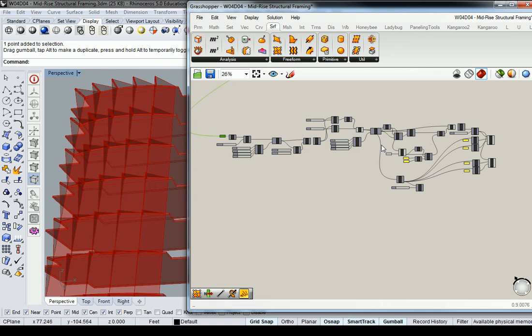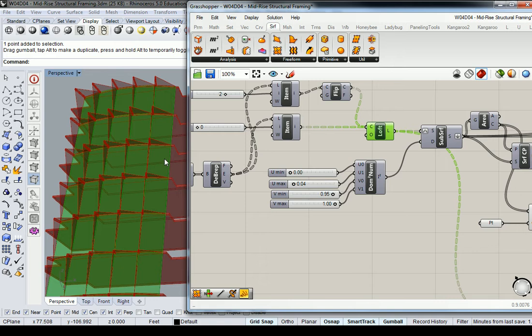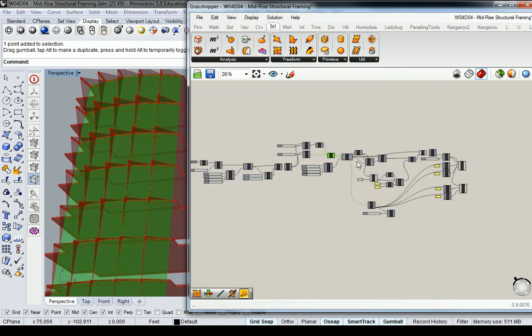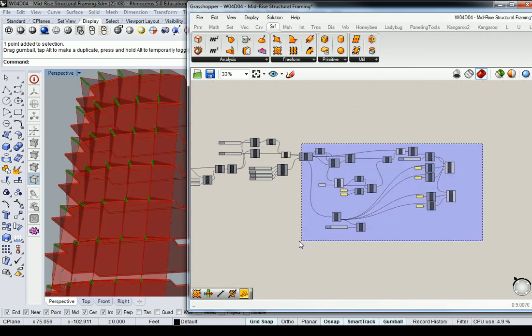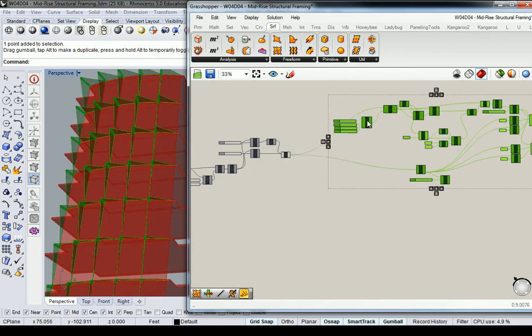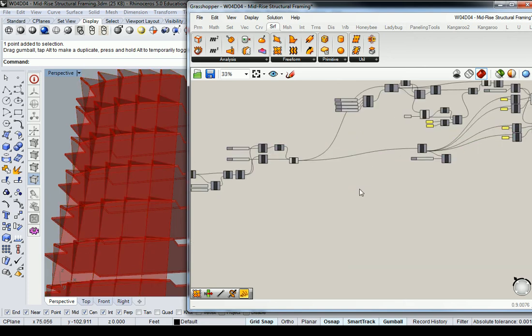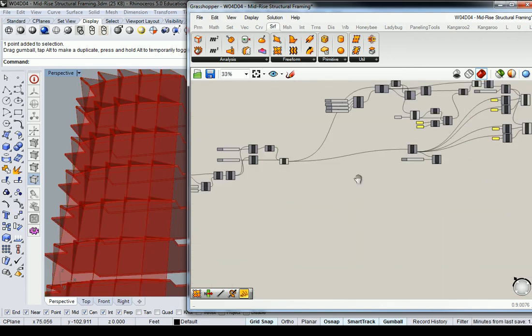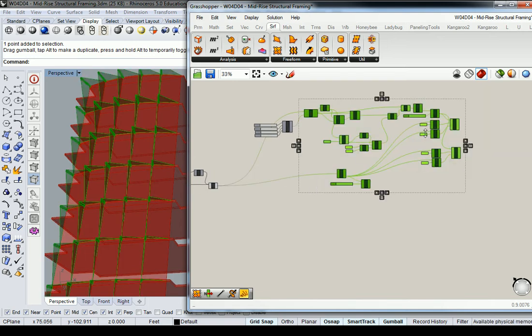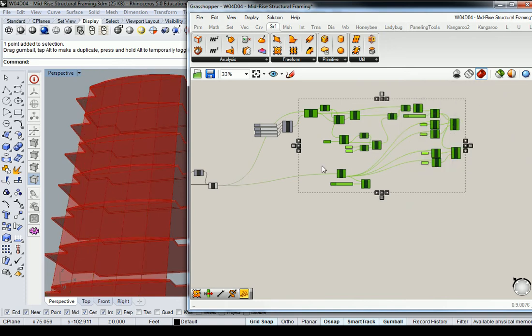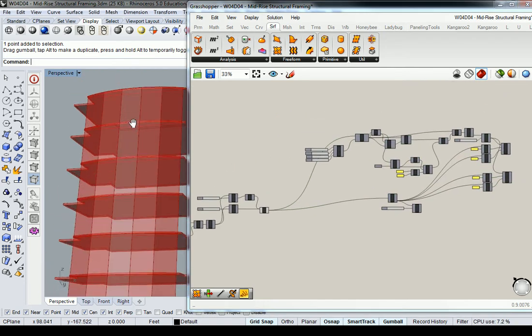And then again, it'll have to have a rotator that is based off of the attractor point position. So the point at which I'm going to split the definition here is going to be from this loft. So I'm going to grab everything from here to here and pull that upwards up there, and then I'm going to create another string of definition down below it. So in order to not be confused about all this, I'm going to turn all this stuff off and return back to my original